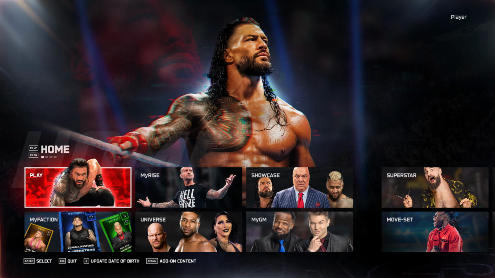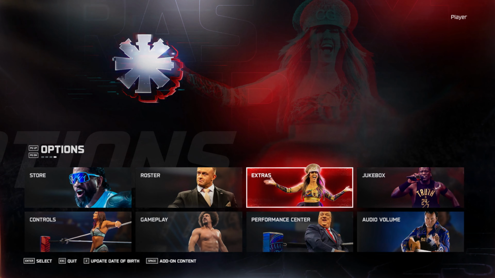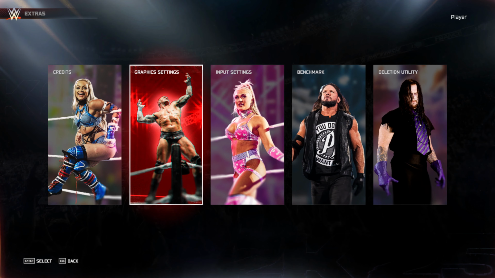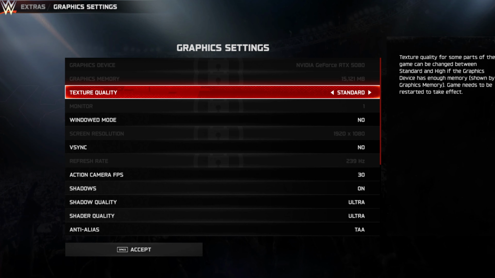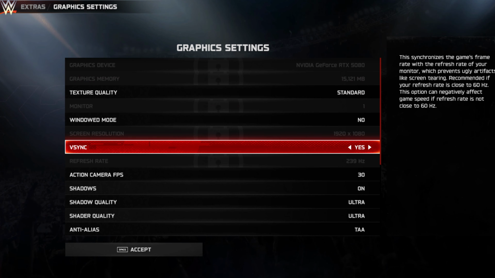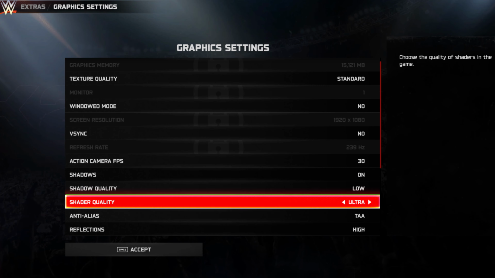In this video I'll show you guys how to make WWE 2K25 run smoother by fixing lag, stuttering and low FPS issues. So just press the Page Up key and go to Options, go to Extras and go to Graphics Settings. Texture quality, set this to Standard, VSync set to No, and shadow quality set to Low, and